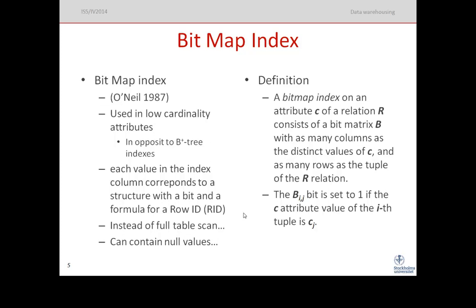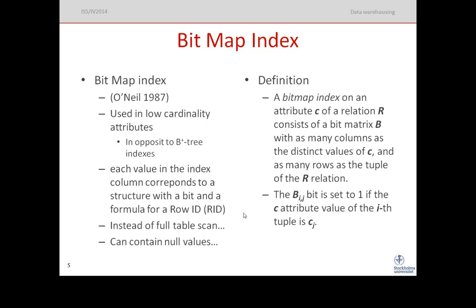In bitmap indexing, we look at low cardinality attributes, so attributes where we have a very distinct set of values to choose from. For instance, if you're familiar with UML class diagrams, we have a model pattern called power types. In power types, we lift out all attributes that refer to, for instance, categories or types or roles, and we say this is a very limited range of values those attributes can take,